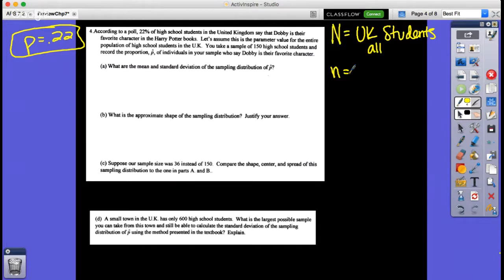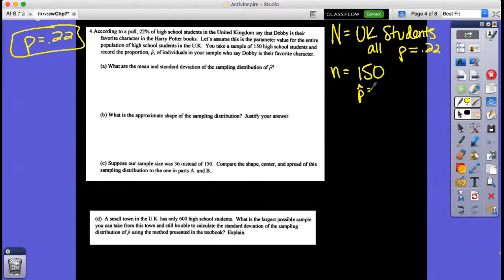Appreciate you. We know that little n is 150 high school students, right? And the proportion, big P here, would be 0.22, and the p hat of individuals is where we're at. Okay, so the question is: what are the mean and standard deviation of the sampling distribution